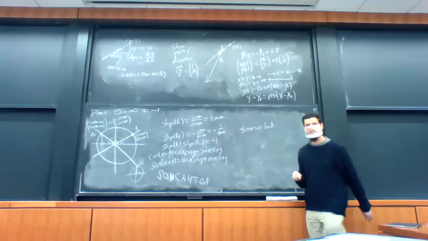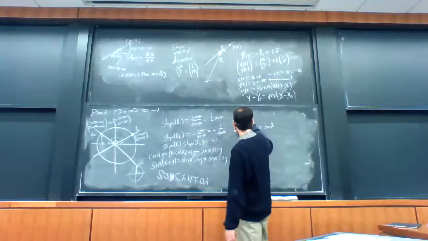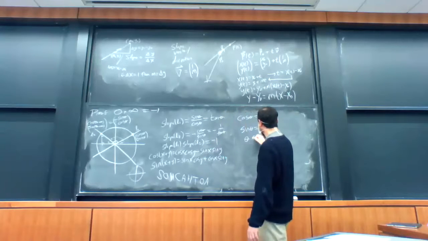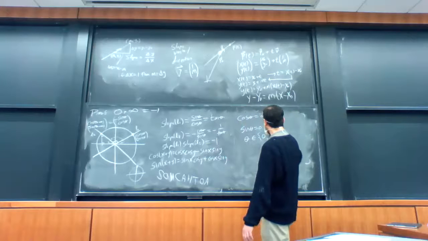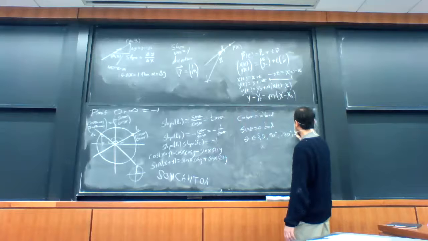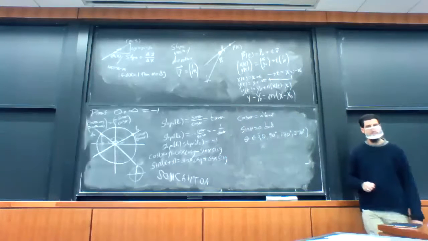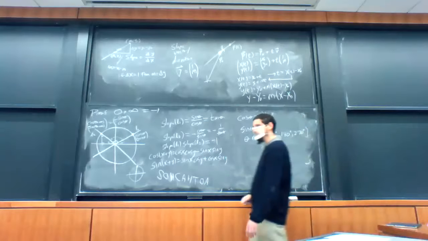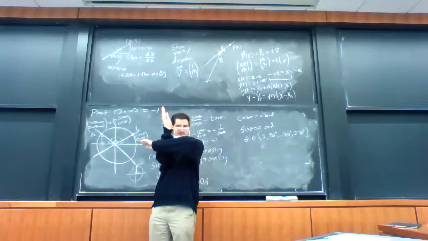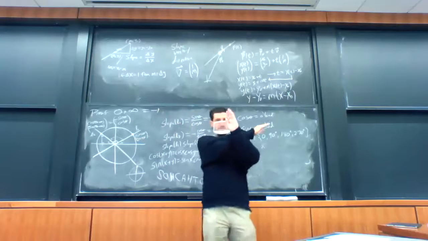What else is bad? Cosine theta equals 0. So theta is 0, 90 degrees, 180 degrees, 270 degrees. Well, what does it mean if theta is 0 degrees? They're aligned with the standard axis. So what it's saying is, as long as you're not aligned with the standard axis, the product of the slopes